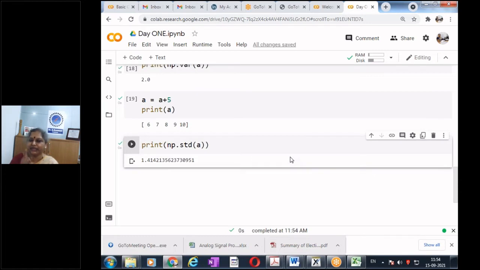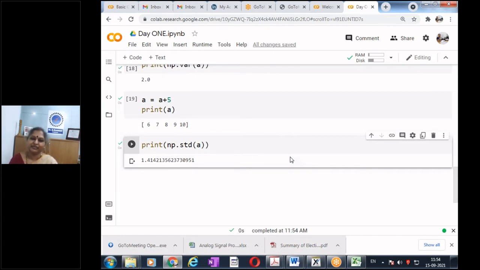Answer me, my old sequence and the present sequence: is there any change in the standard deviation or is it the same? We added 5 to every element. Yes, so when we add a constant value to all the numbers, the standard deviation doesn't change.